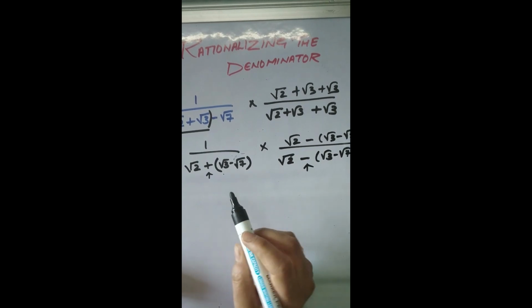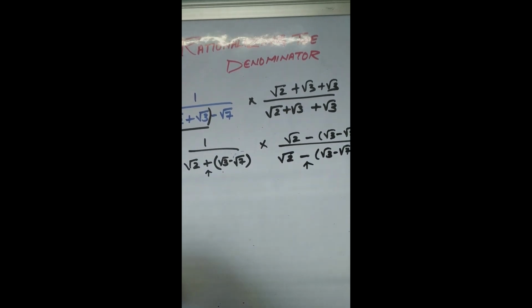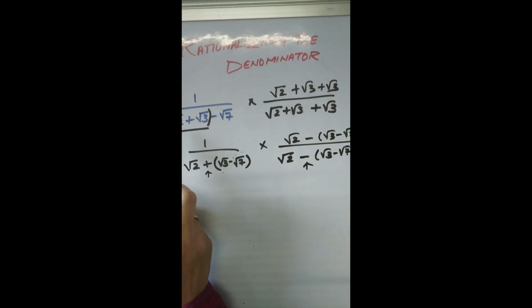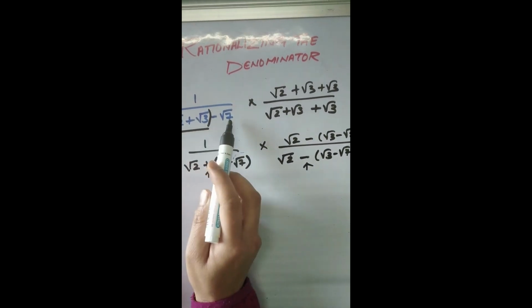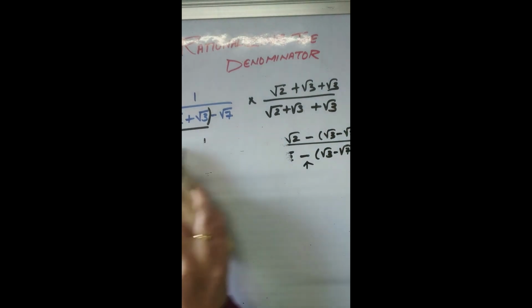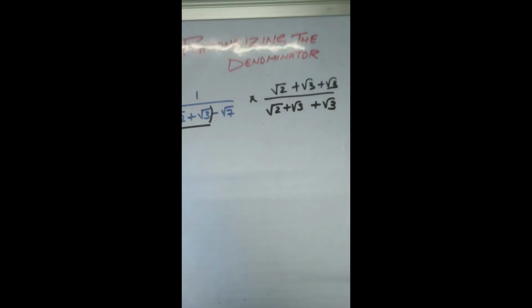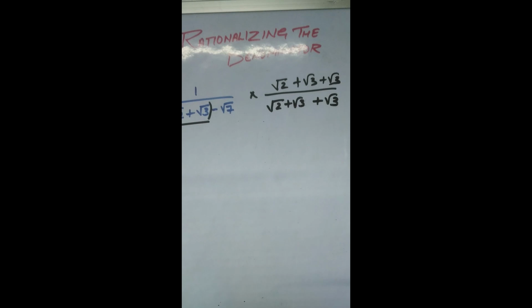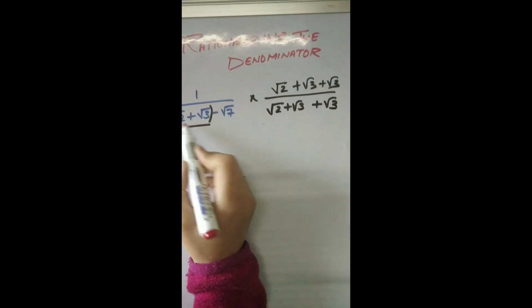Okay? And how will the sum proceed? I'm just doing quickly here. So I'm going with the first. You can go with both ways, either this or this. You can consider this as A and this as B, or this as A and the other one as B. You'll get the same answer in the end. So I'm going to do this sum quickly. Okay. So I put them together.